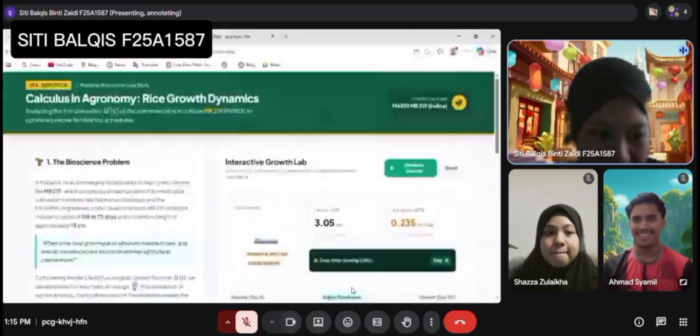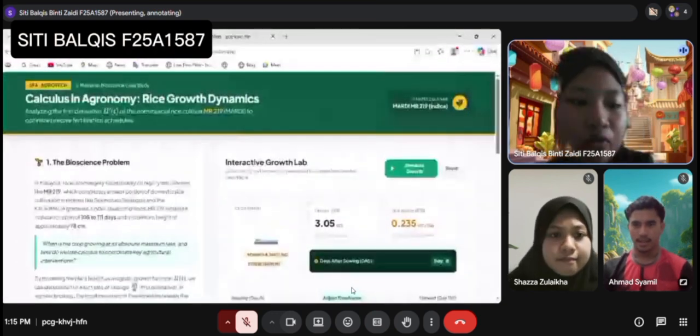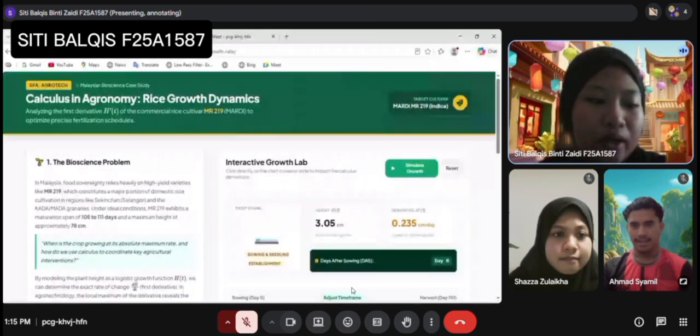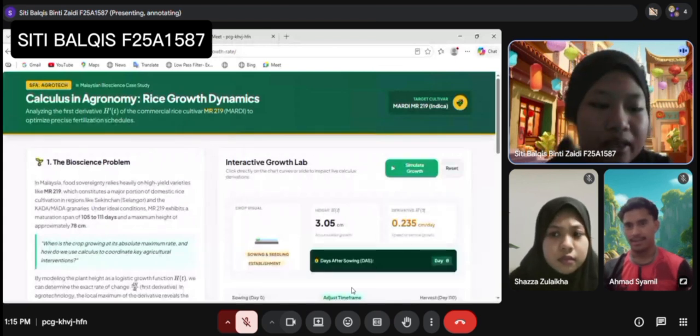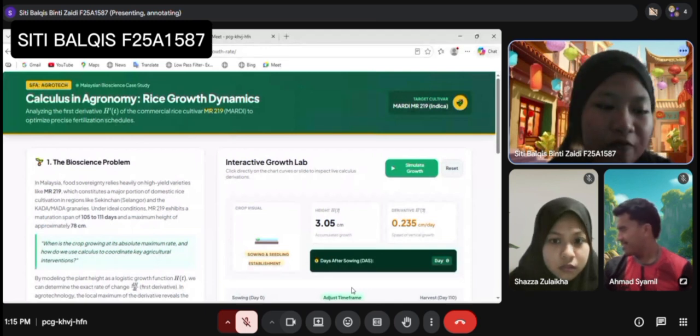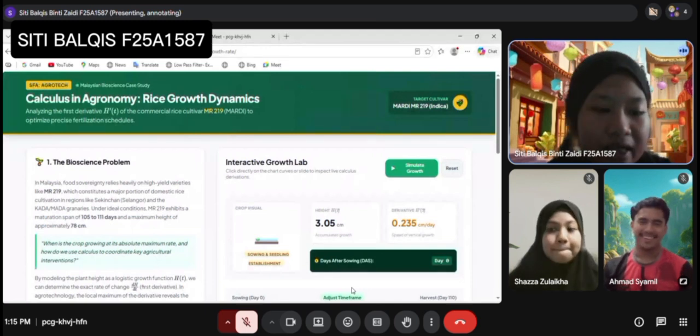The title is Rice Growth Dynamics of MR219 Malaysian Indica Rice. The bioscience problem in this project is to determine the optimum time for fertilizer application in